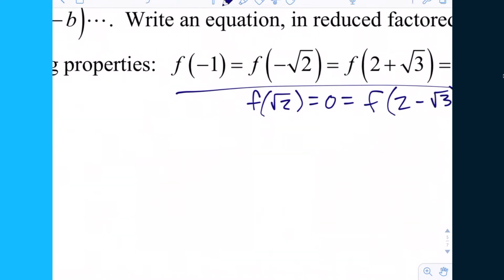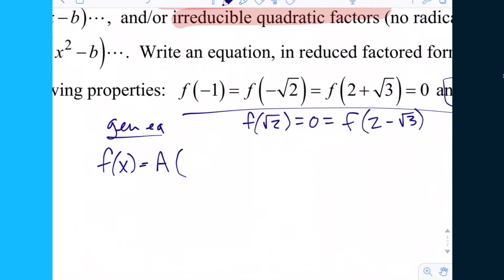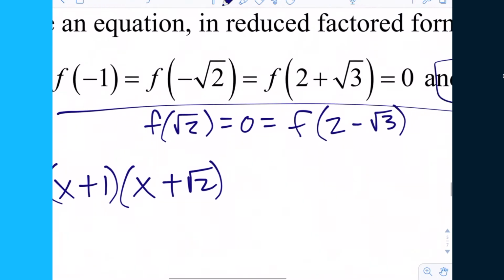All right, so step 1, let's go ahead and write the general equation. That means that we're going to have our A in the front, A. Now let's just go ahead and start listing factors. If -1 is the root, what's the factor? X plus 1. If negative square root of 2 is the root, what's the factor? X plus the square root of 2. Conjugate factor next. If positive square root of 2 is the root, then x minus positive square root of 2